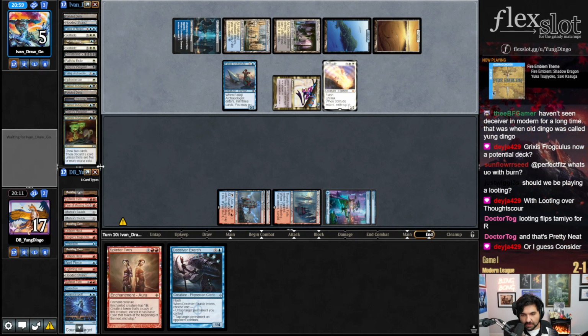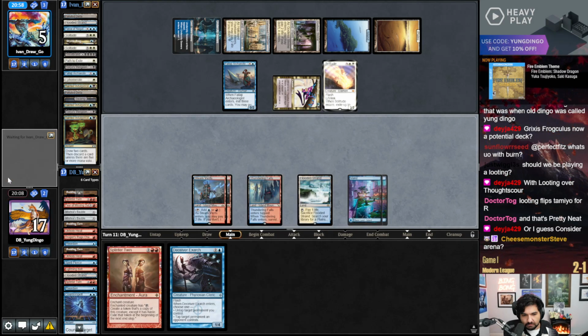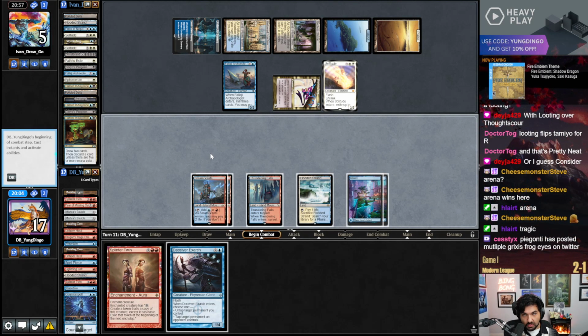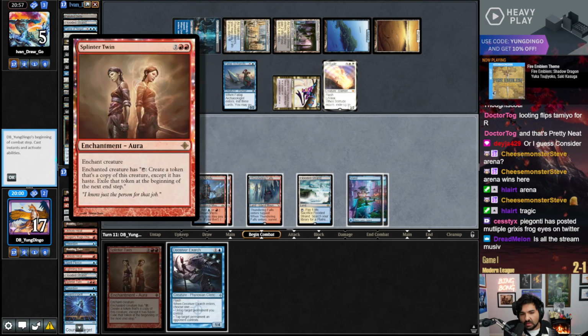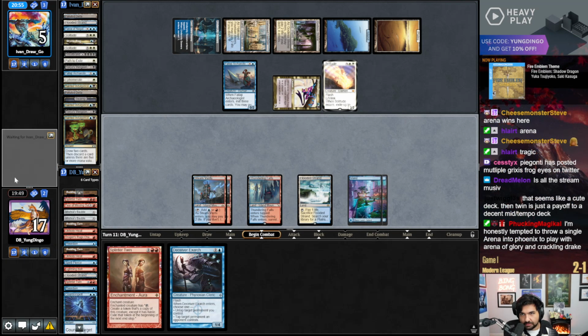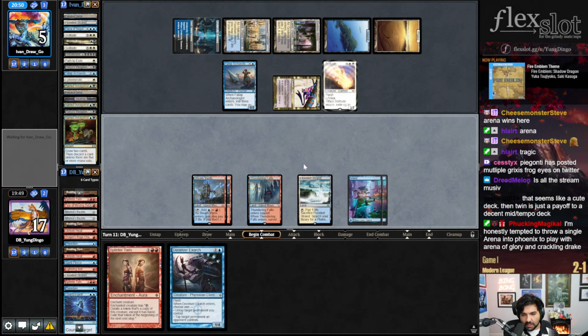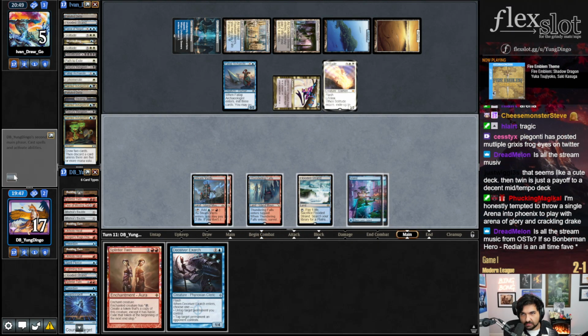Going to 5. They have 3 cards in hand. I have a rebound on Ephemerate. I could kill them if I had an Arena of Glory, but I don't have an Arena of Glory, so unfortunately I don't get to kill them here. We gotta pass. Because I can play Exarch, untap a land, and then Splinter Twin, but again...